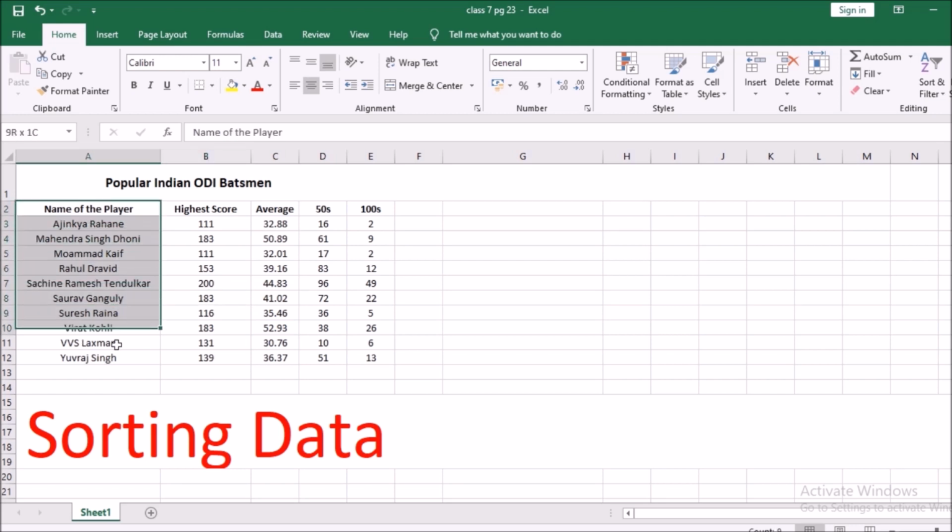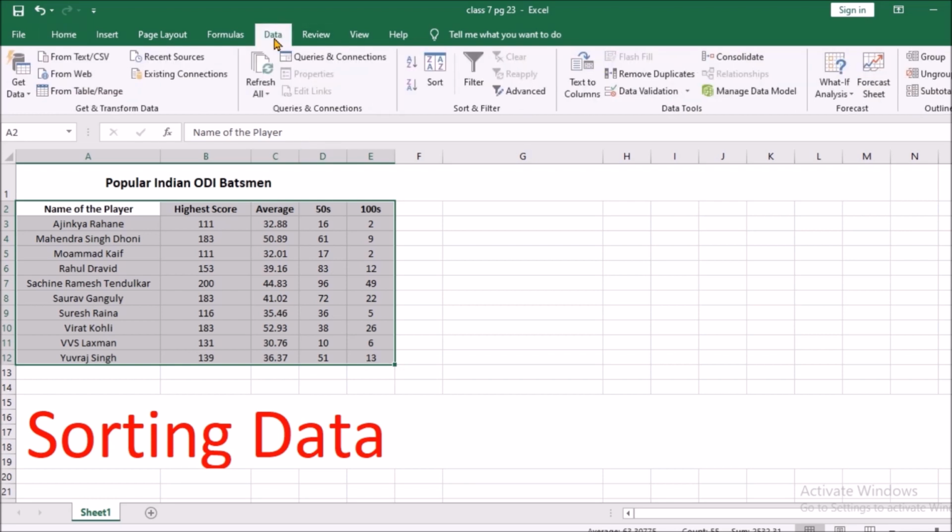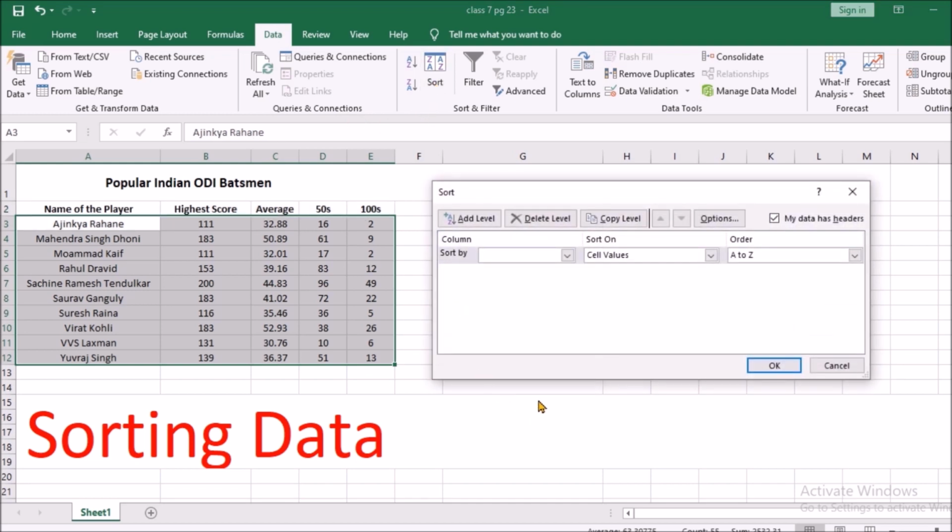So here we go. Firstly we select the table, then we click on the data tab. In the data tab you get the sort option, and you have to tick this because your table has a header. We are calling it column field, it is also called header. So you tick this. Now you will get all the headers here, and on the basis of the column field you can modify the table's facts and figures.